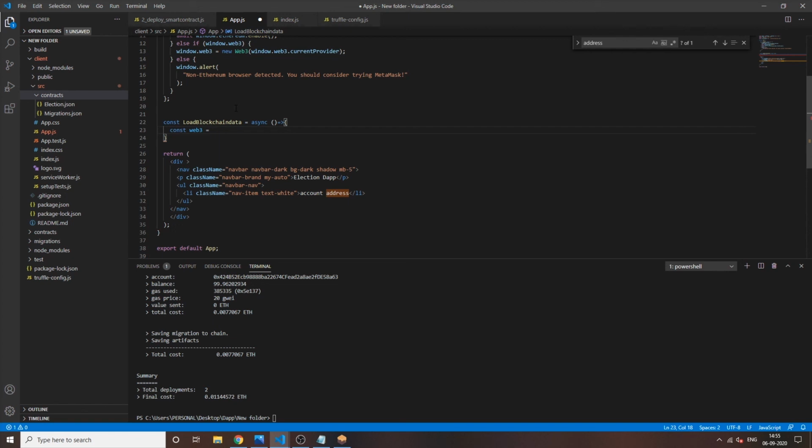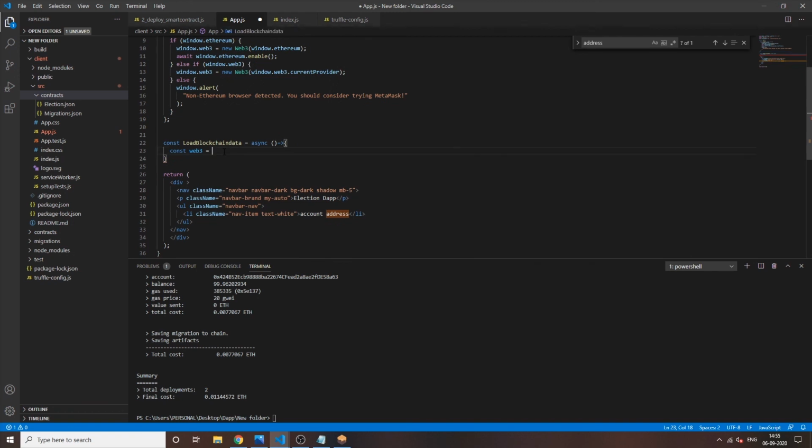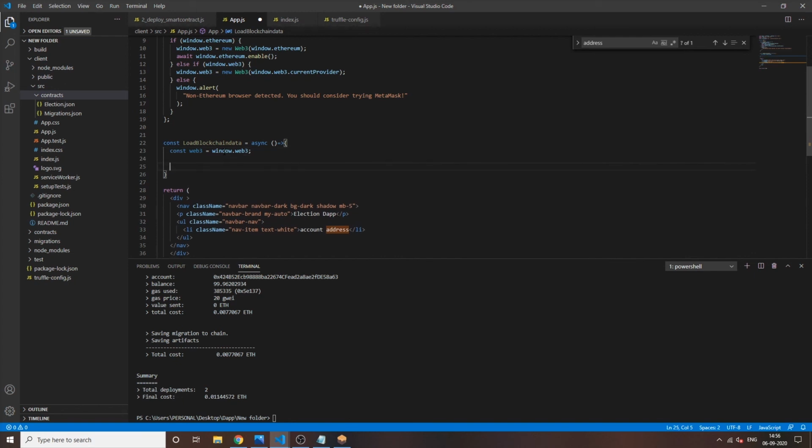We will get Web3 from window, because we have set Web3 global here. Just type window.web3. No need to worry about these functions, because they are boilerplate code that you will use again and again. You just have to copy it again when you build your decentralized application.